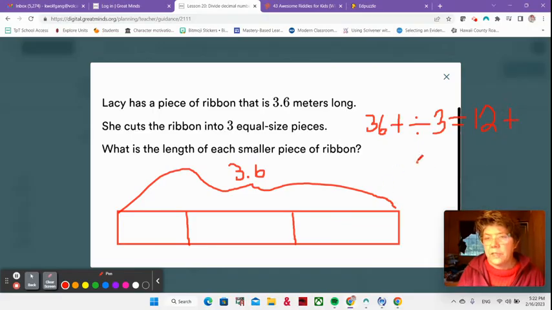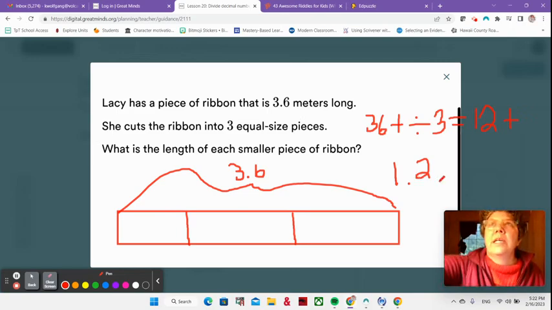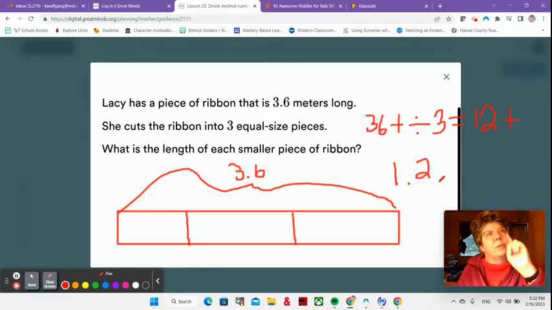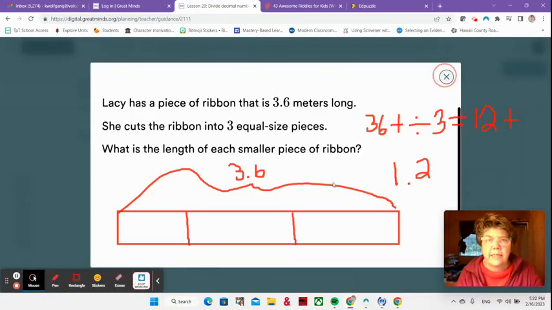Now, how do we write 12 tenths? We put the 2 in the tenths place, and then we know there's a decimal right next door. So there's where the 1 goes. So that's 1 2/10. And that makes sense. If we have 3 and we divide them by 3, then each one would be 1, right? So 1 2/10. Very good. So now I just want to talk about one more thing in this video, and that is